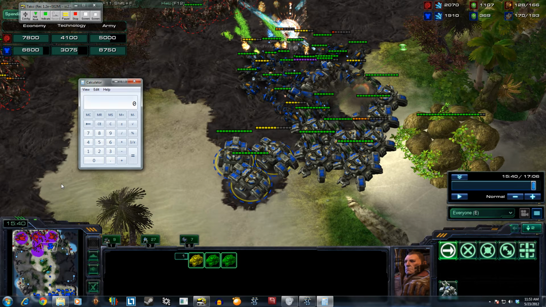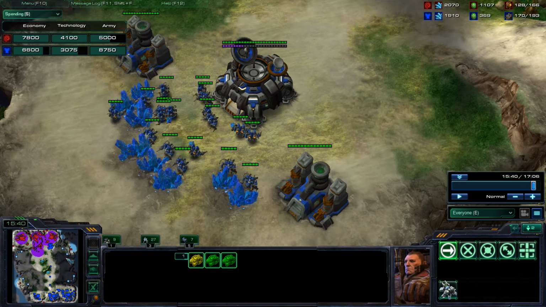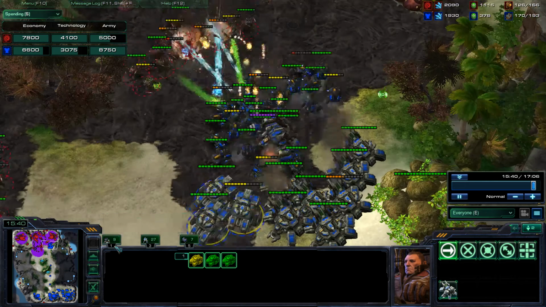So let's say this is like 9,600 minus 3,000, which is what you had at 10 minutes, divided by 6 minutes, which is the number of minutes since 10 minutes. And you've been getting about $1,000 a minute of army since 10 minutes, and that's great. That's fine. I mean, it's not 3,000, but